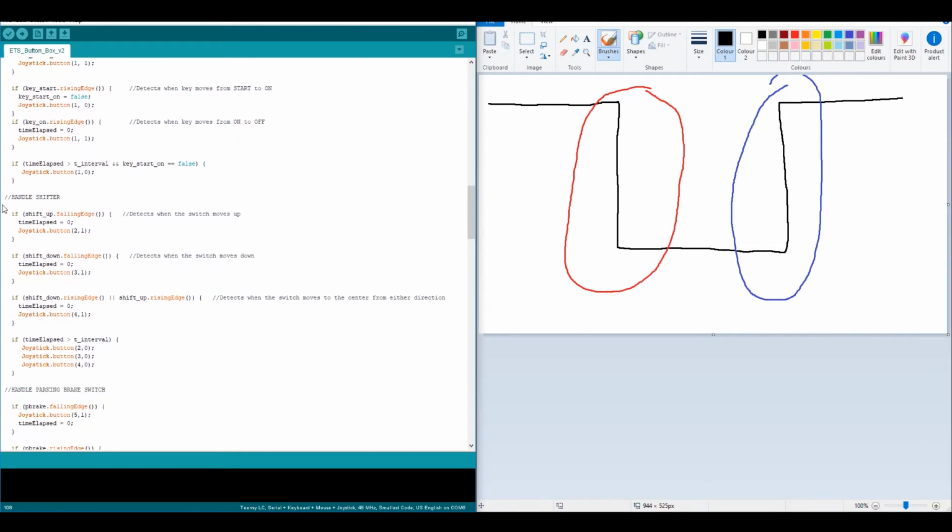The shifter is a 3-position switch. And once again, this is specifically for Euro Truck Sim. It's looking for the falling edge for shift up. So this is detecting when the switch moves up. When it does that, it starts a timer and turns on button 2 on the joystick. It's pretty straightforward. On the falling edge, so when the switch moves down, it starts a timer and turns on button 3. And then, if shift down rising edge or shift up rising edge,